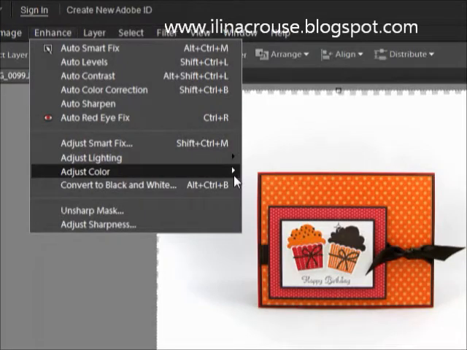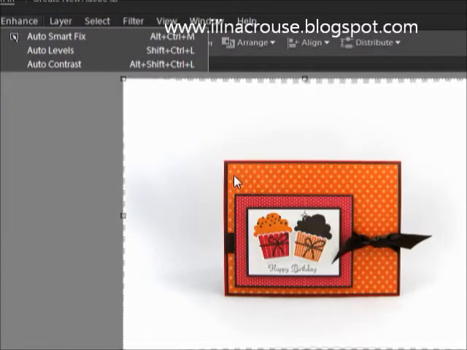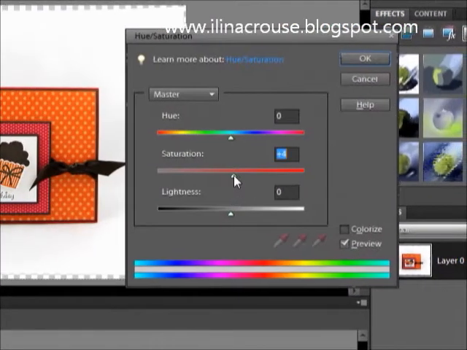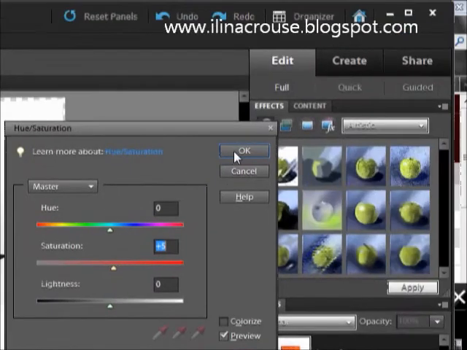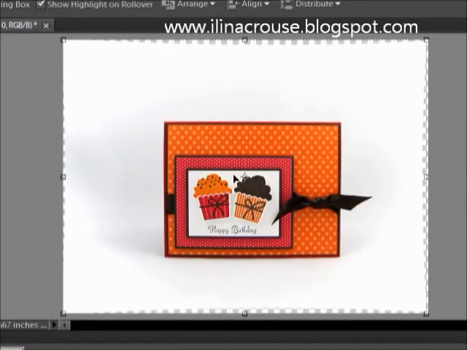So you'll see there are different options. We'll just adjust hue and saturation of the colors so they're brighter. So the saturation, pull it to 5. Okay, so here's our card. Now the background is pretty white and bright, so you can leave it as that,